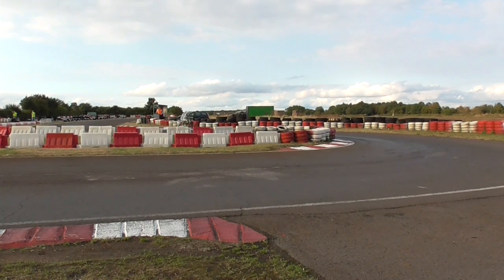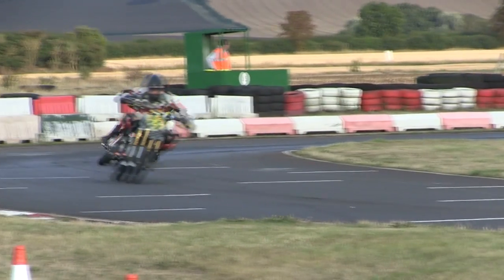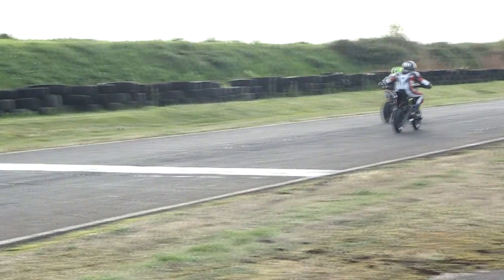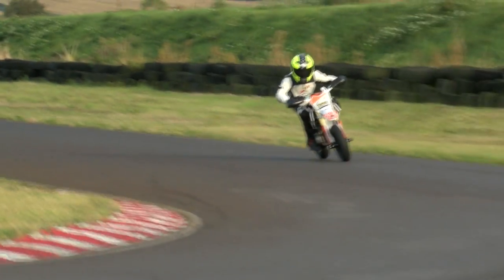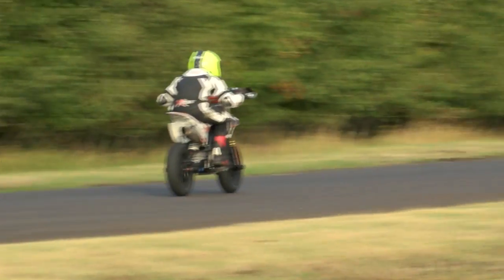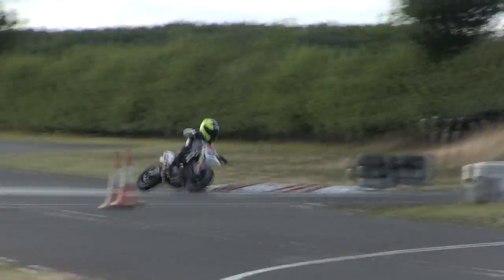There he goes. Got one more corner to go to complete this lap, and looking at my timing charts, he's really pulling away now from Charlie Herons. The gap approaching 10 seconds. So George Hopper again starting to pick his way through some of the slower riders once again. They're going 2 laps down. George Hopper really is setting the pace at the front as he continues to pull away, has a quick glance over the shoulder to see where his rivals are. Charlie Herons is around 10 seconds down in second place,